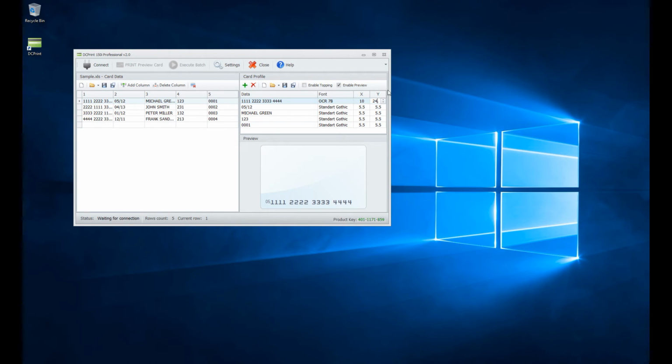Now I'm just typing it in and then hitting the tab key to advance to the next one. I'm using a left column, coming from the left over 10 spaces, so I'm moving over from X10. Then I'm hitting my tab button. That'll take me to the Y coordinates, and I'm going to put this at 7.5. No, I've got these backwards. I'm going to put this at 7.5, and I'm going to put this at 15, and this I want to